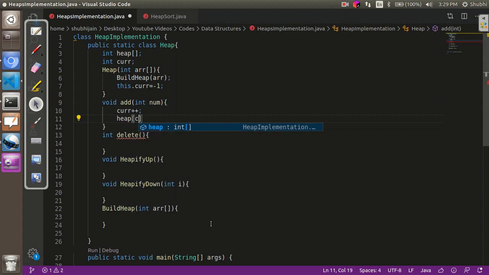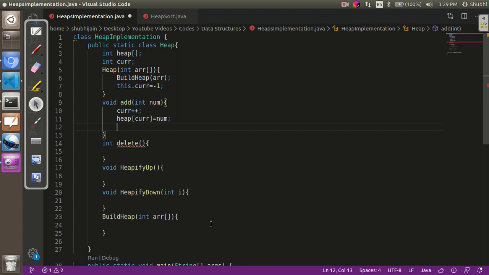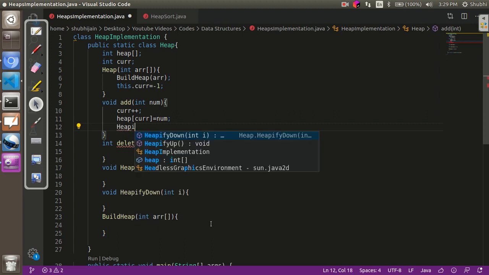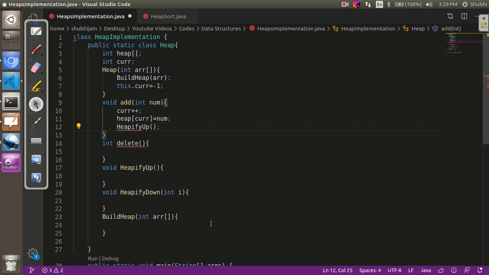So heap of current becomes our number, and now we will simply perform the heapify up operation. So what we have done is we just add the number at the end and perform the heapify up. So this was our add function.